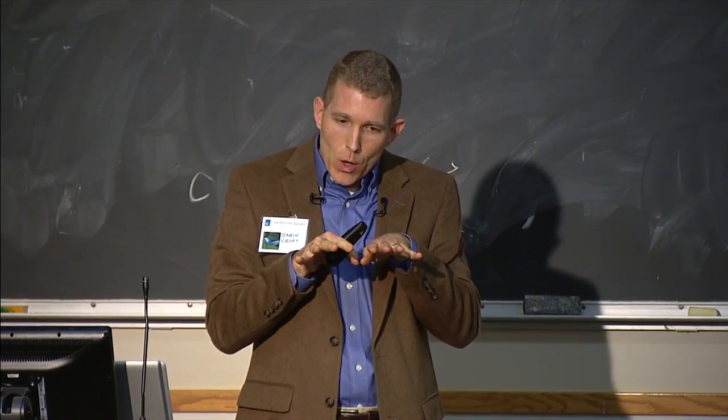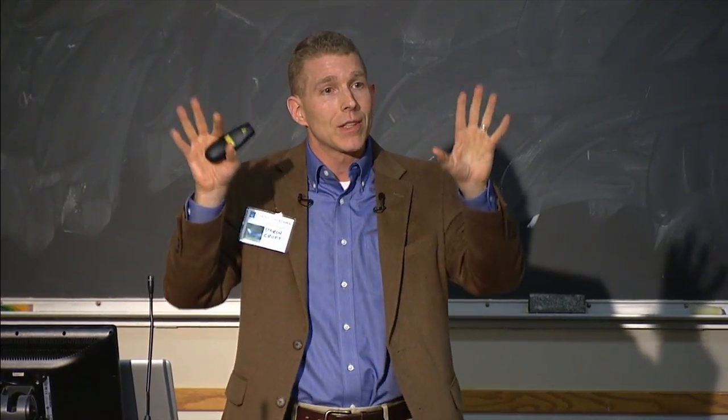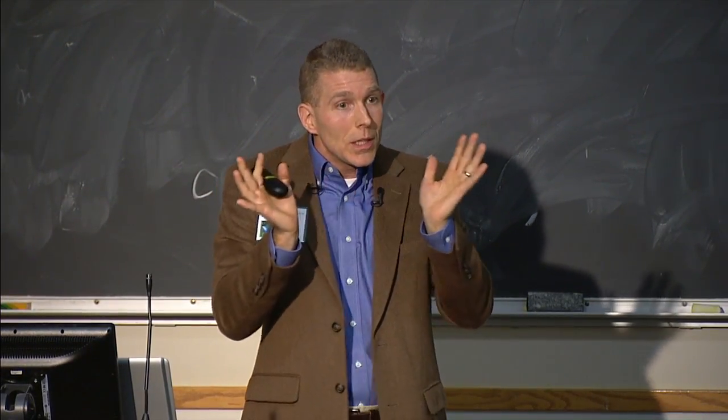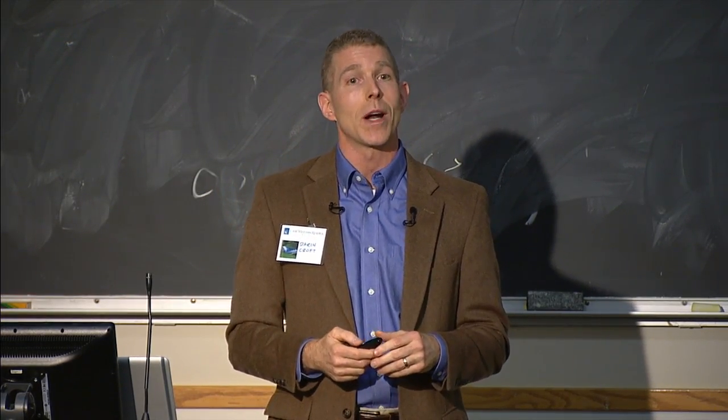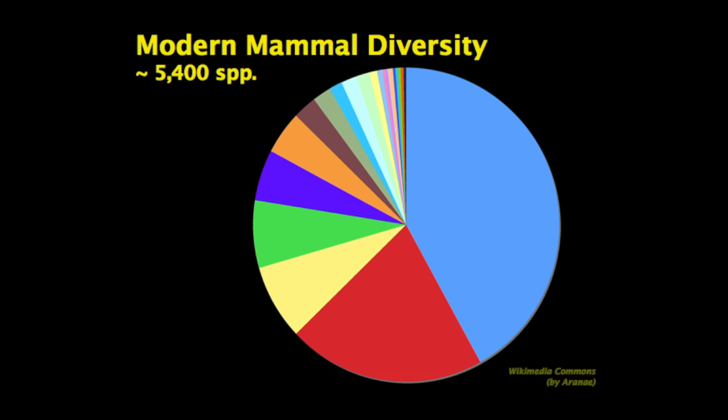And did they just evolve along slowly and radiate explosively after the KT extinction? Or did they really diverge very close to when the dinosaurs went extinct? And there's still a lot of debate going on right now about that question. In terms of species, this is how it sorts out.